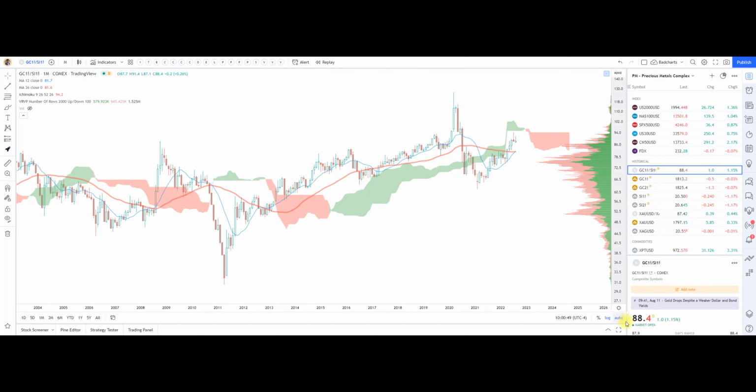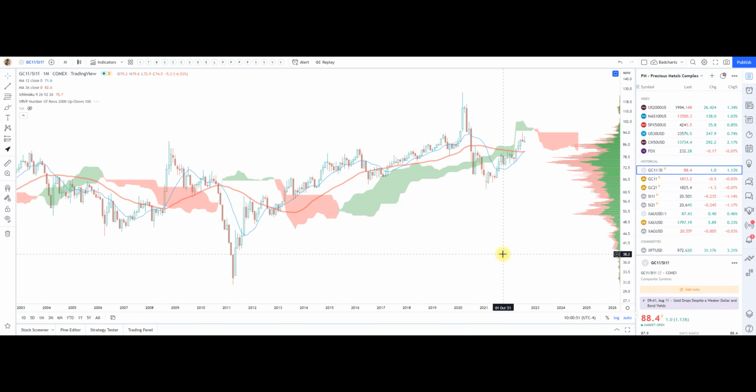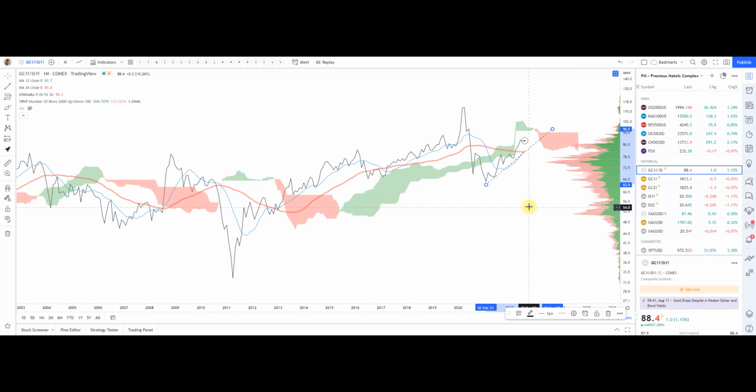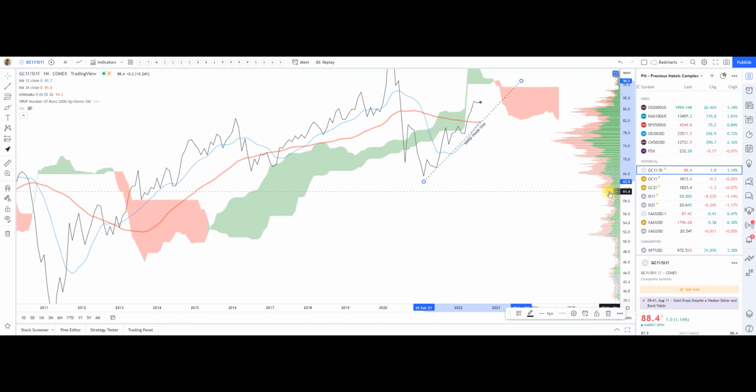All right, guys, let's check out the weight of evidence. Here is the gold to silver ratio on the monthly chart. And it's pretty clear. Step one, put on the line chart. Here I have my sleep mode line, and I use that word because it's